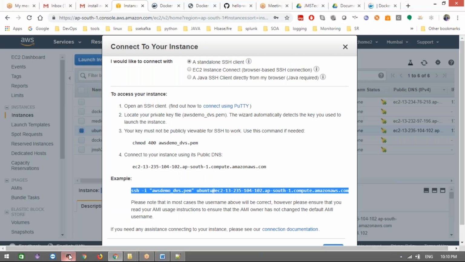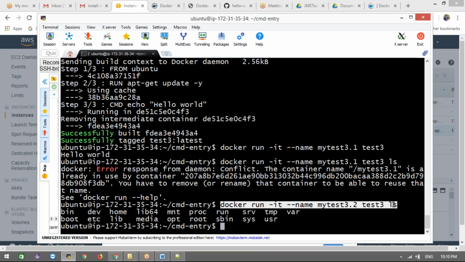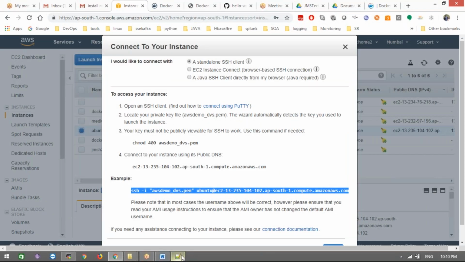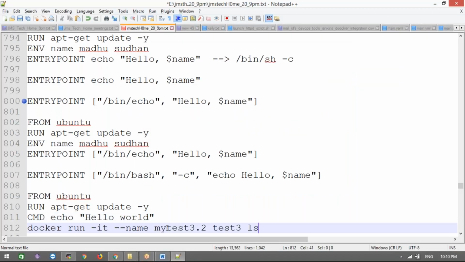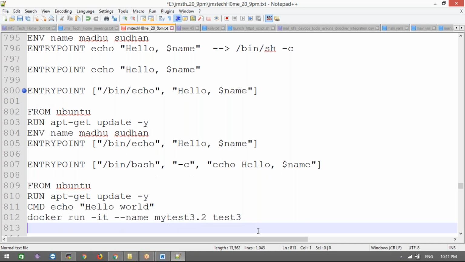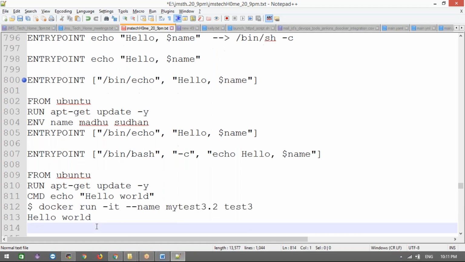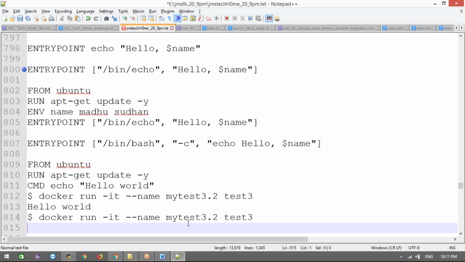How we are running the docker run command, I'm going to show you one more. Let me copy it here. If you're not providing this ls, what will print as the output? It will print the output hello world, right? If I run this command, it will print the hello world output. Now if I run the same thing with any one of the commands, what will happen? It will override.